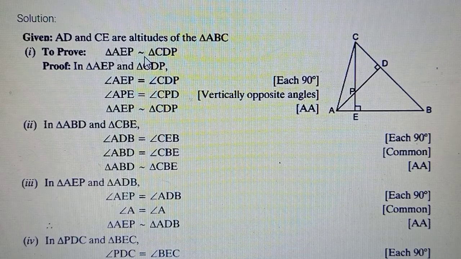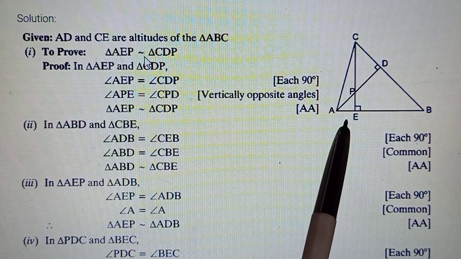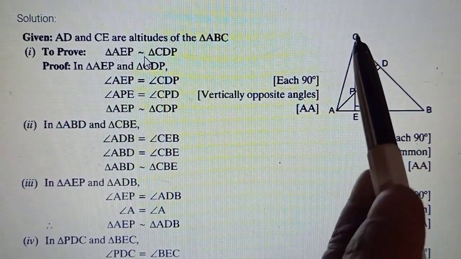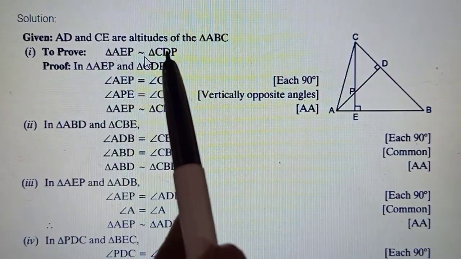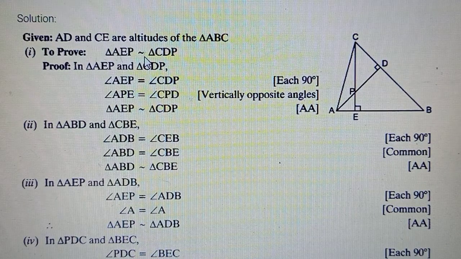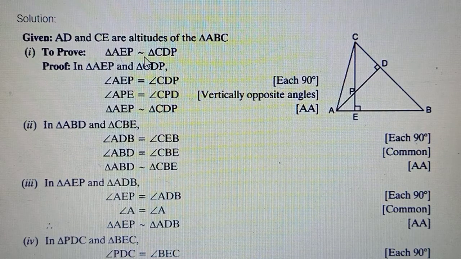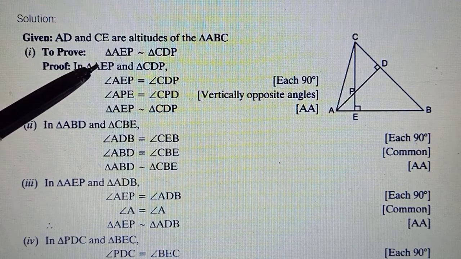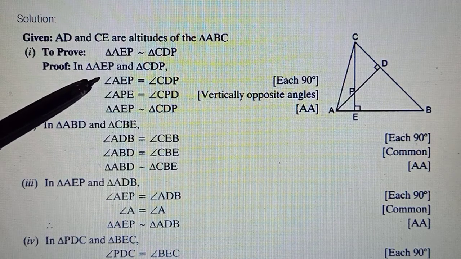In question number 7, children, this figure is given to you in which they have shown two altitudes, AD and CE, intersecting at P. Then they ask you to prove various triangles being formed out there, in pairs, to be similar. In the first part they're asking us to show that triangle AEP